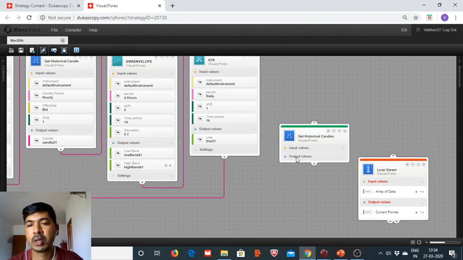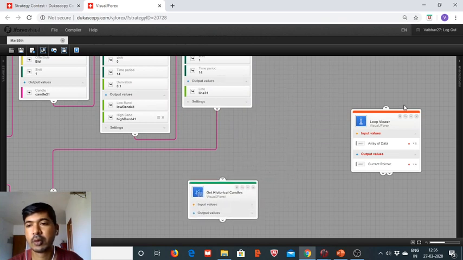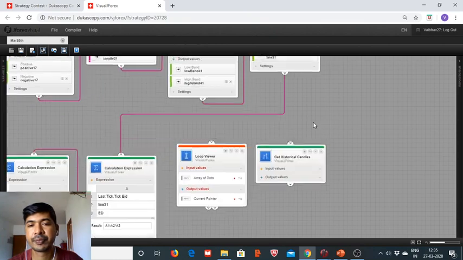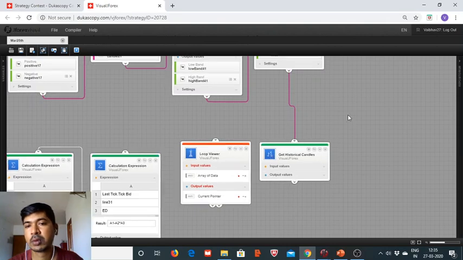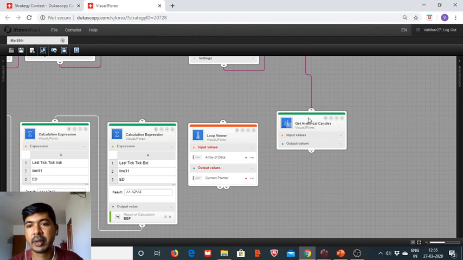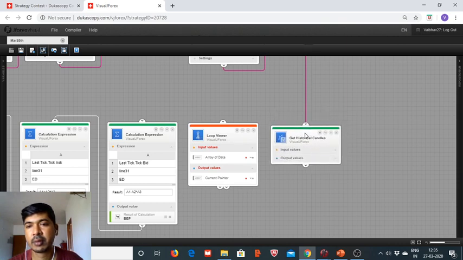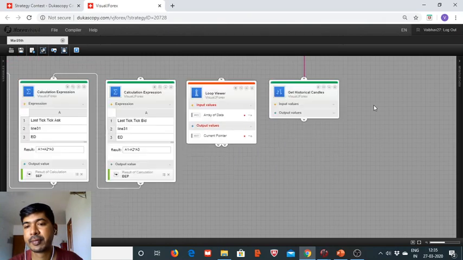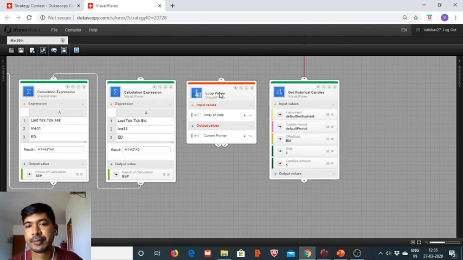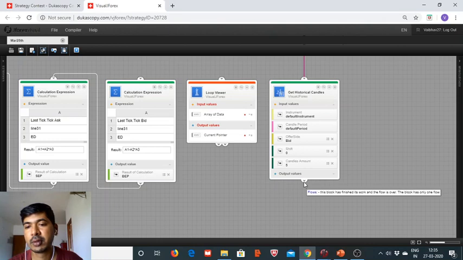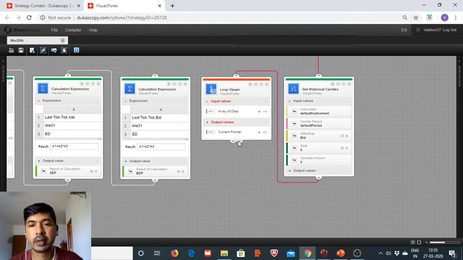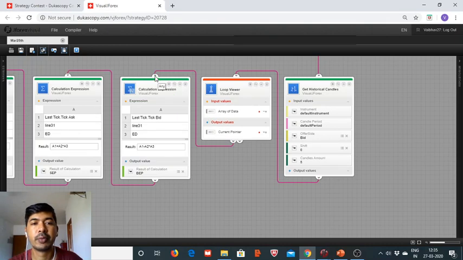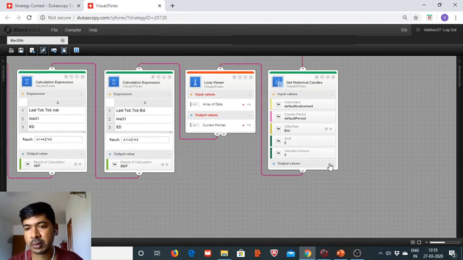And now coming to the lower side, so here we take these values and the current pointer loop should continue. Okay, so here is